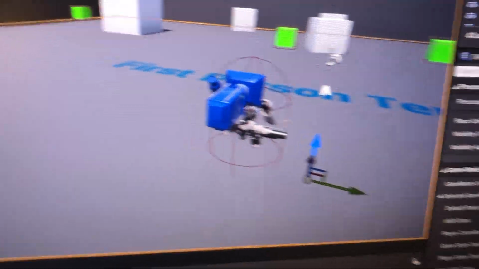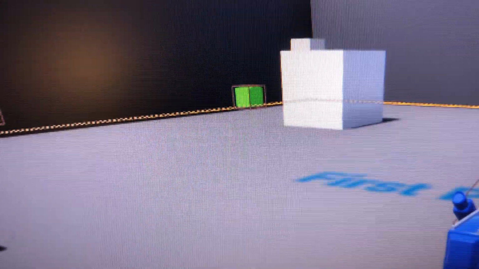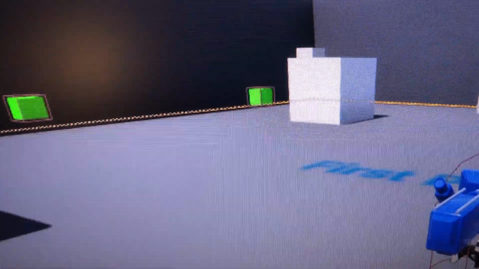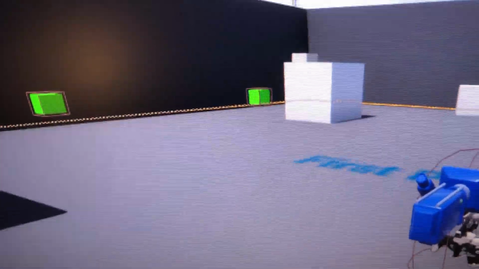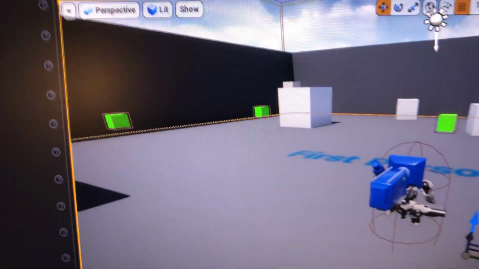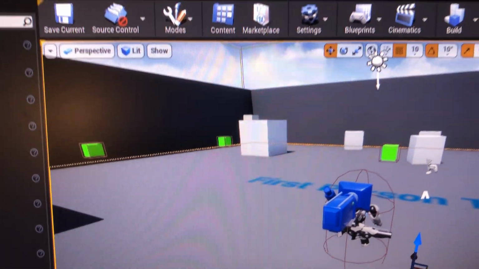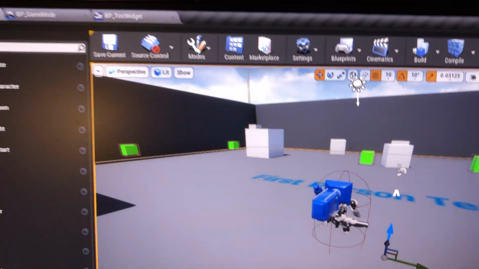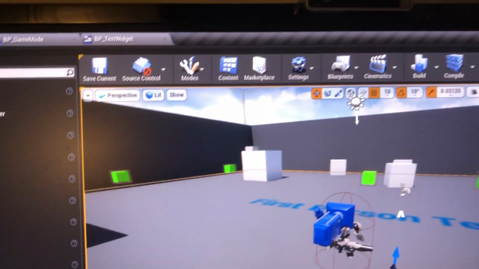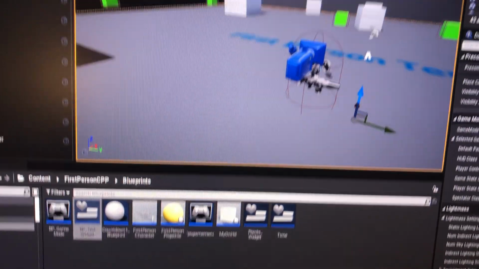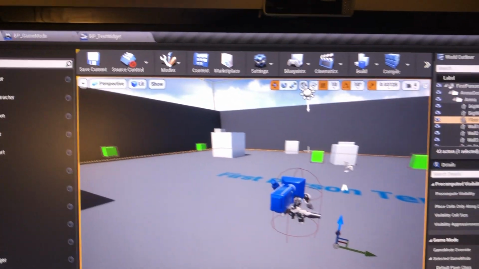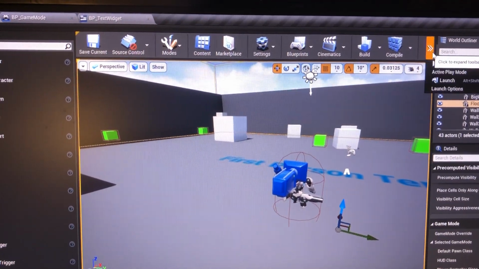And those green squares are the targets. I made them eye-bleeding green, so it's more noticeable for players. And I will start the game right now. It's going to be hard to play with one hand, so how about I grab this? Actually, no, that's a horrible idea. How about I play the game